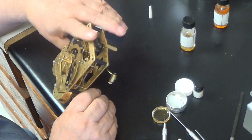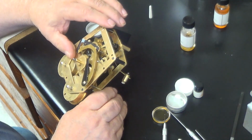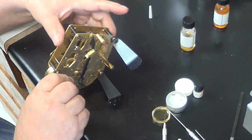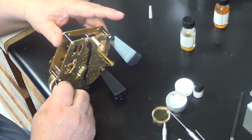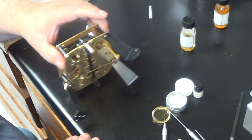Now, we're not going to oil this because it doesn't do a 360. We're not going to oil the long arm because it's not doing a 360. And it looks to me like we've got everything pretty well done. So the last thing we have to do